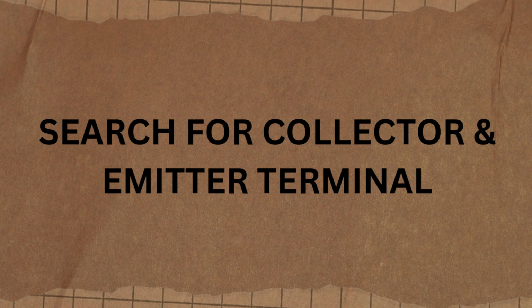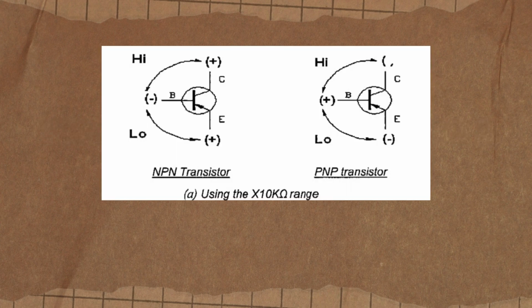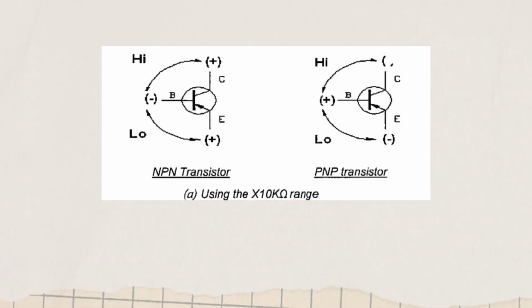What about the collector and emitter terminals? For that, we need to change the ohm range to a higher range, which means 10k ohm or a higher ohm meter scale range, and observe the meter probe that touches the base terminal, which means the black probe at the second terminal. Put the red probe at the first terminal or the third terminal, and whichever one gives the higher reading is the collector terminal and the other one is the emitter terminal.